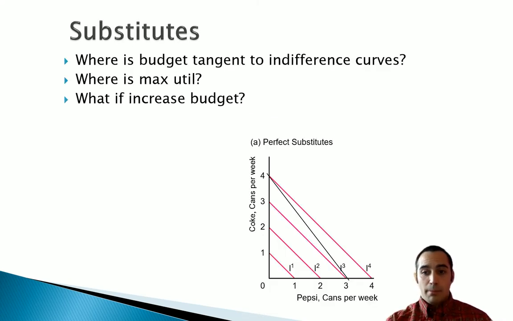So next, let's talk about perfect substitutes. First, where is the budget line, here given in black, tangent to any of the indifference curves, either drawn or undrawn? Second, where is my utility maximized? Third, what happens if I increase or decrease my budget set? Give it a think. So first, you might note that this black line is tangent to the pink line at